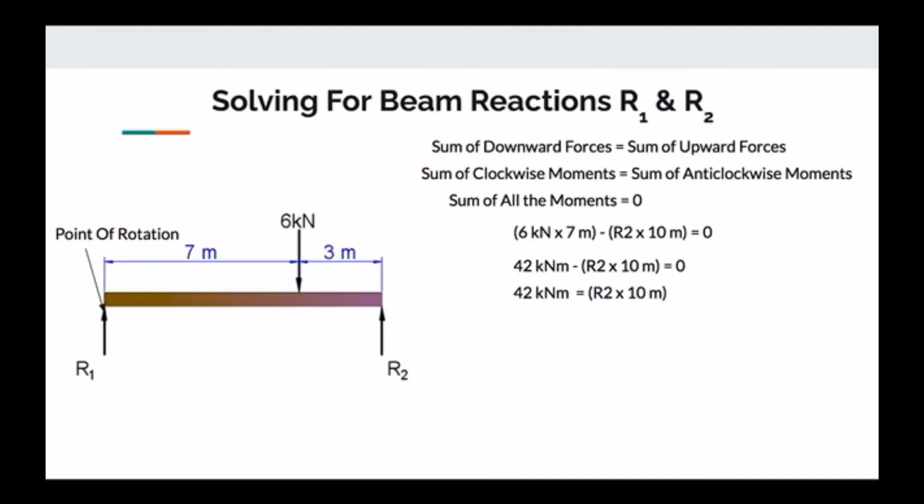And that now looks like the second rule that was illustrated, which is the sum of clockwise moments must be equal to the sum of anti-clockwise moments. Now, 42 is the only clockwise moment, so that's the sum of all the clockwise moments. R2 times 10 is the sum of all the anti-clockwise moments. Next line,